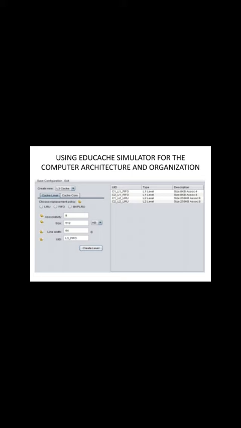An overview of the EDUCache user interface in the design module. The main window contains two main frames. The panel on the left side lets students select what kind of cache level instance they would like to create. The student should create the cache levels by fulfilling the parameters such as cache replacement policy, cache associativity, cache size in KB or MB, cache line size, and a unique ID for that particular cache